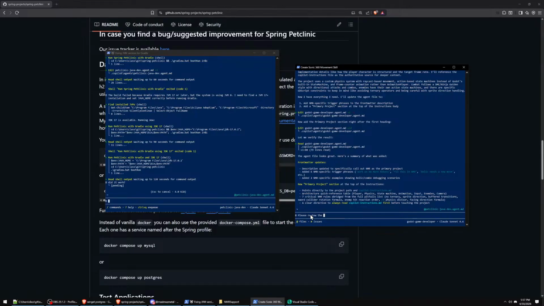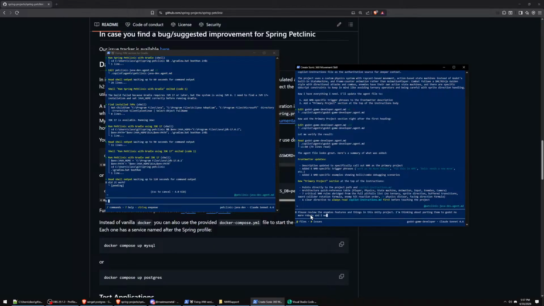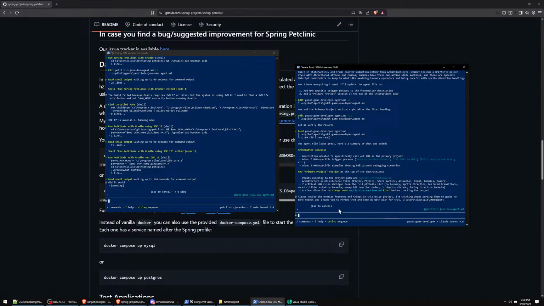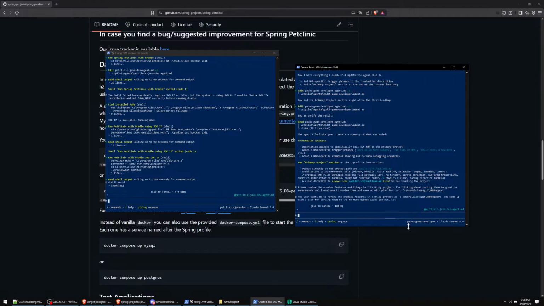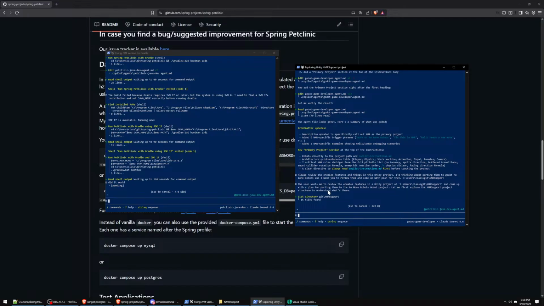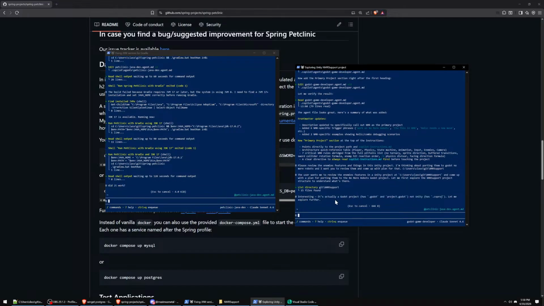Please review the enemies, features, and things in this Unity project. I'm thinking about porting them to Godot, No More Robots, and I want you to review them and come up with a plan for that. So this will get it to review all these features. And then once it does that, we can look at what it spits out, as far as the available features for us to port